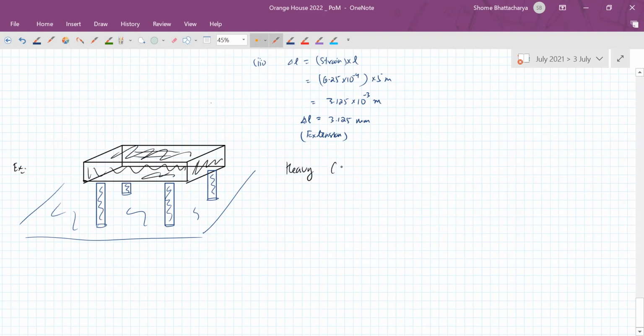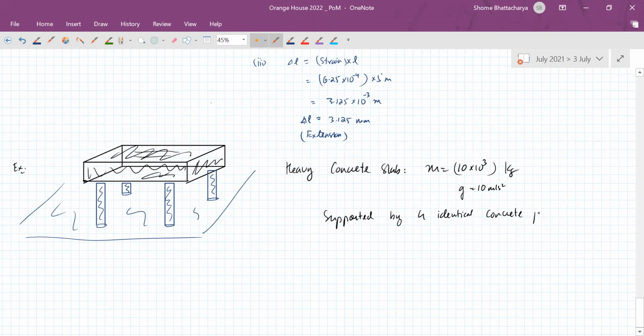So a heavy concrete slab. Its mass is, let's say, 10,000 kilograms. It's supported by 4 identical concrete pillars, which are light in weight. In comparison to the slab, they are much lighter in weight. Okay. In fact, let's make them